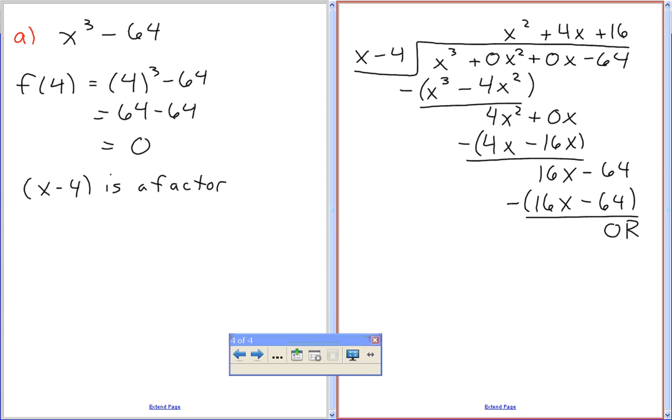Okay, there is a remainder of 0. Why am I happy? I'm always happy. It actually factors. So that means that this actually equals